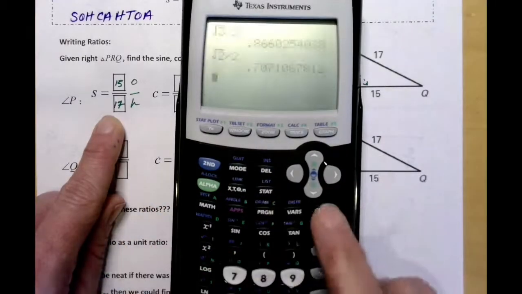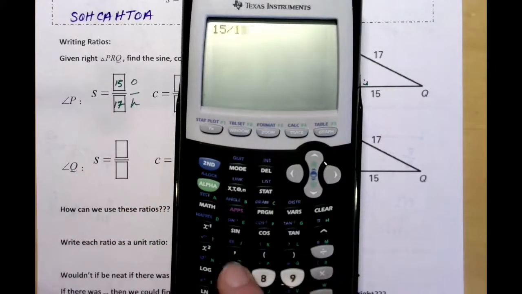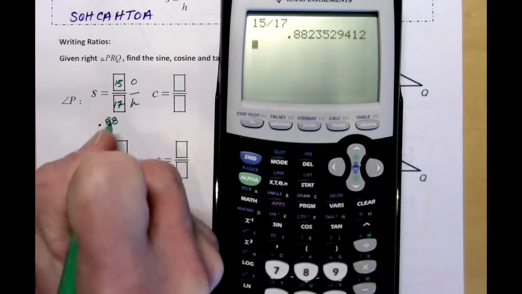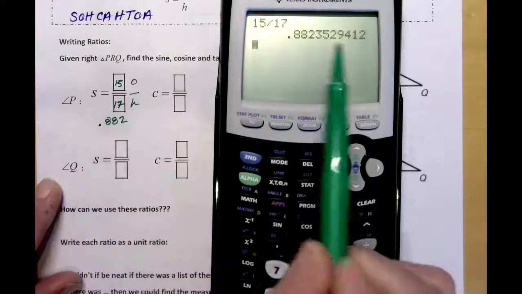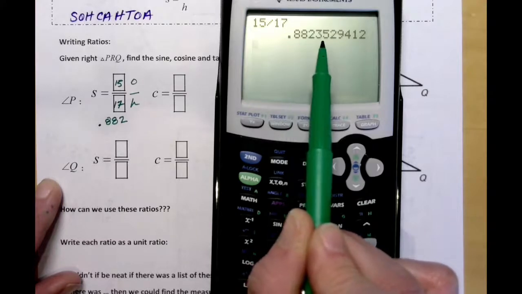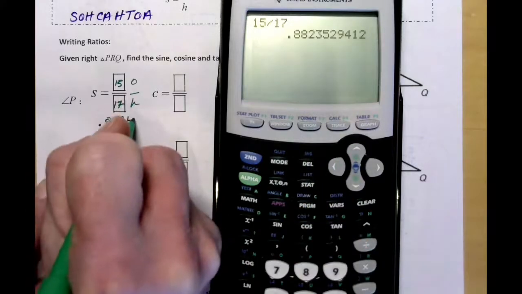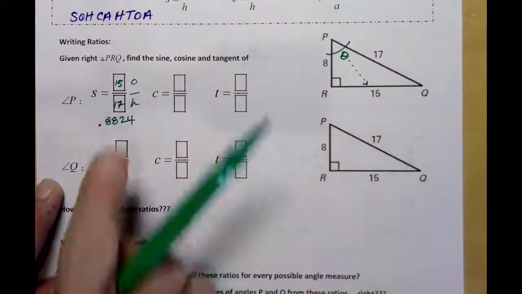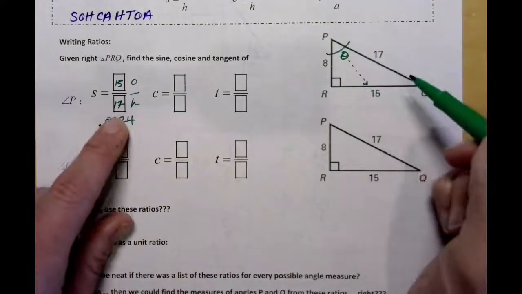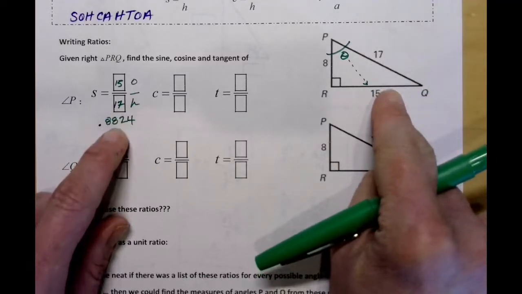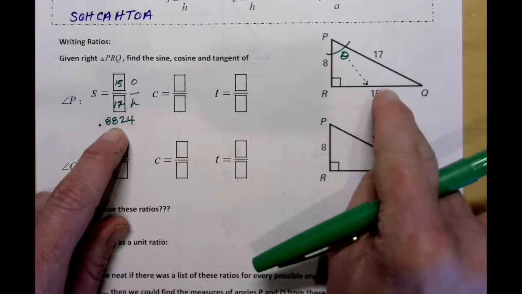If I want to know the ratio of those two sides for this angle, I can even go ahead and divide it, 15 divided by 17. I know that that unit ratio, think back to when we're buying yogurt or ketchup, this unit ratio will help us solve that. We always round our trig ratios to 4 decimal places. So I go out 5 decimal places, and then I round up if I see a 5, 6, 7, 8, or 9. So when I talk about the relationship between the opposite and hypotenuse, 15/17 tells me what the story is for this triangle,